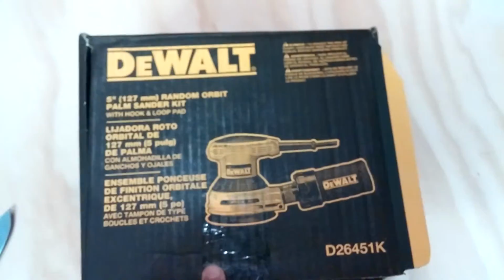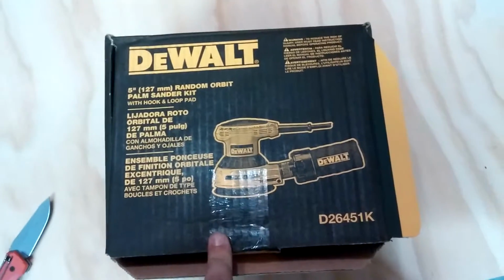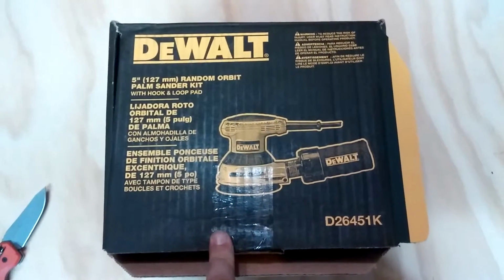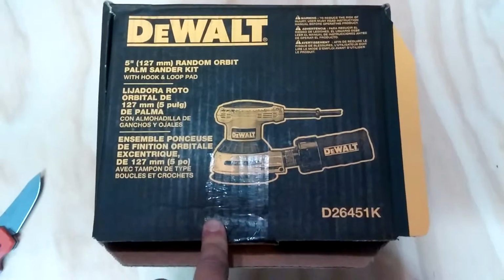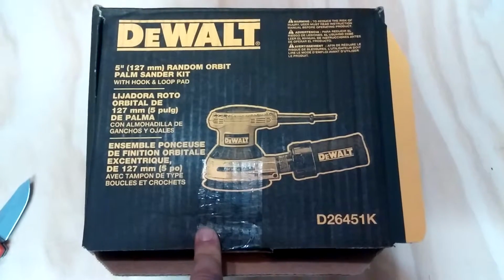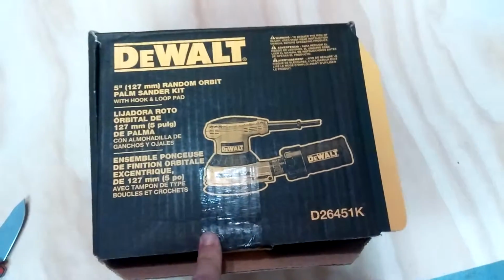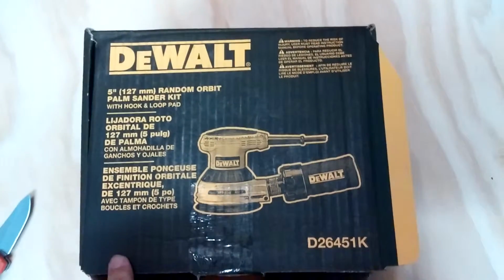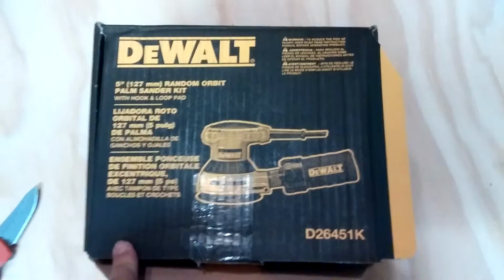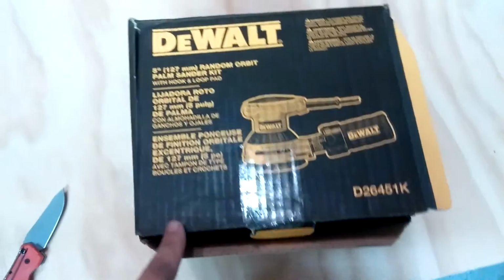I'm in a bit of a predicament with this because this is corded. And you guys, I don't know if you noticed, I don't like corded tools anymore. So I'm going to test this puppy out. And if it really, really impresses me, I'll probably be keeping it. I'll probably be keeping it anyway. But if not, I'm going to probably get my hands on that Makita cordless